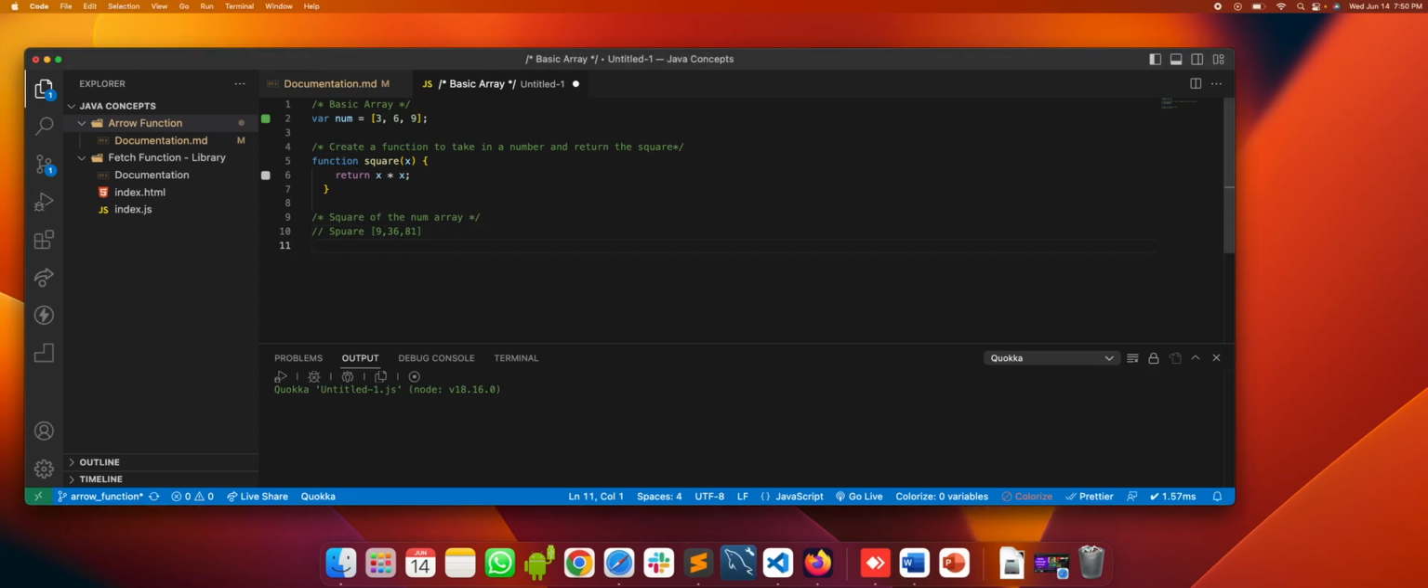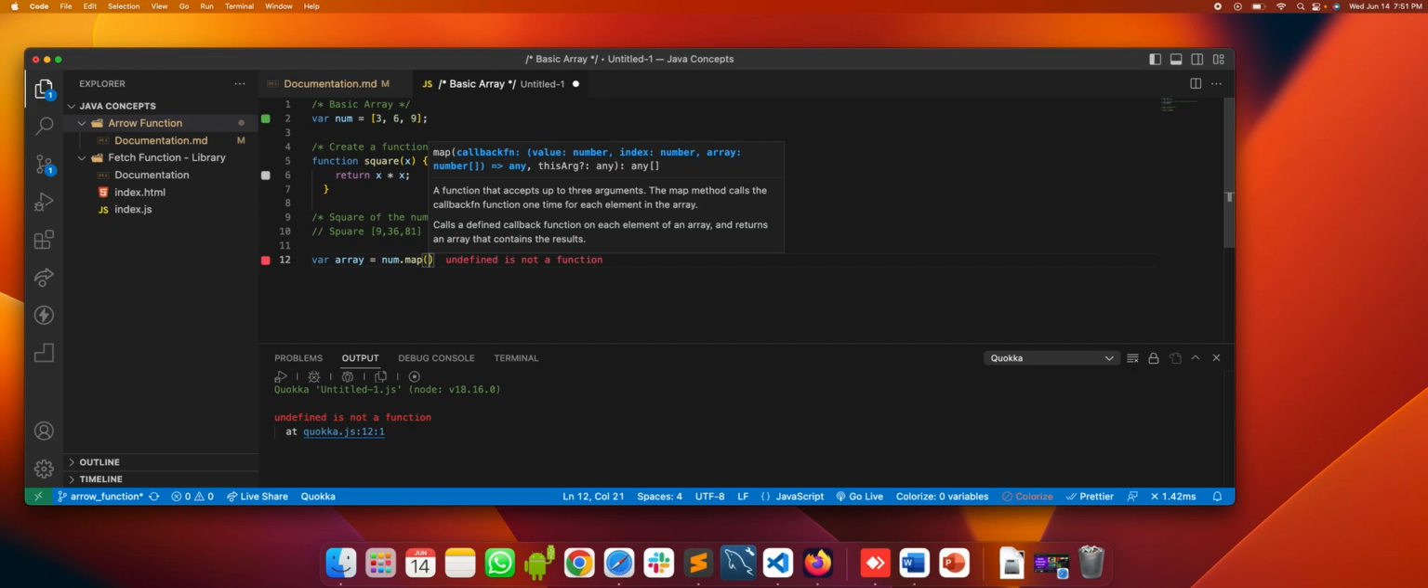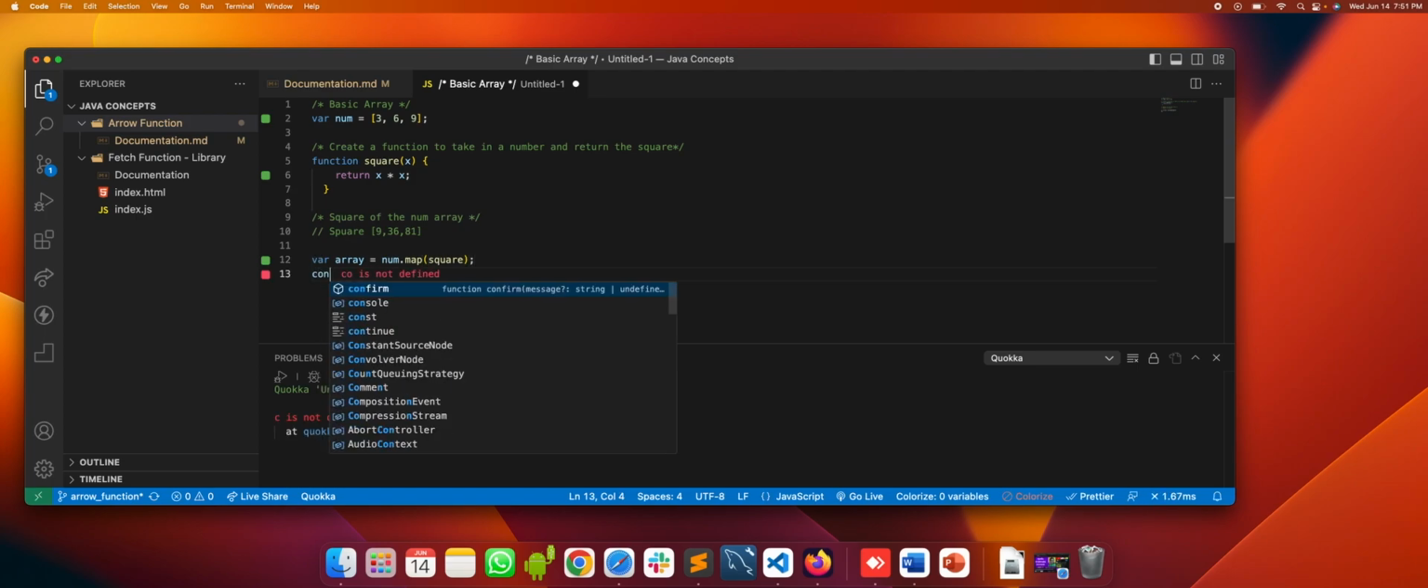So we'll create a new array called var array, and within this we're going to call num and use map. So rather than using a for loop, we're going to use map to go through one by one each of these elements. Now within this, we're going to call the function square, and semicolon, and now let's console log